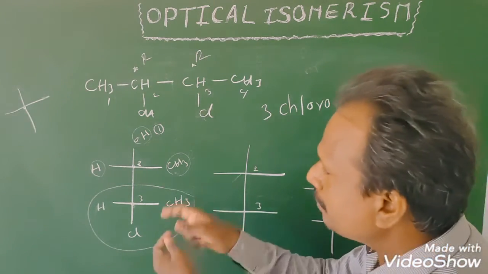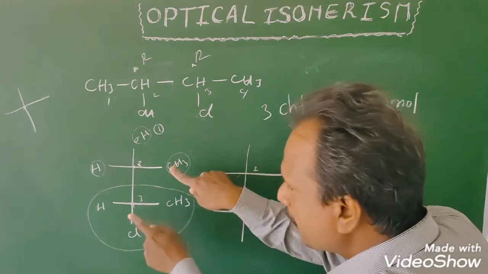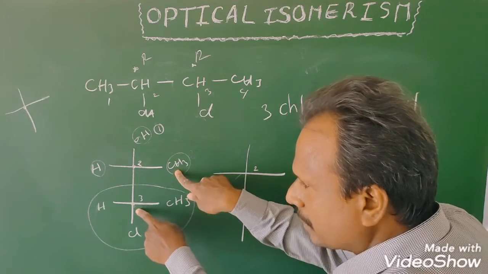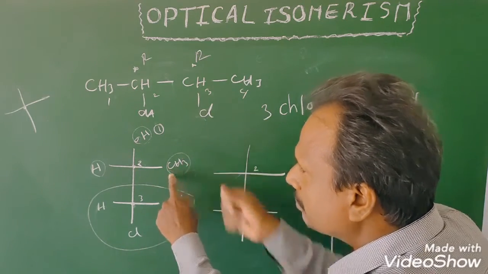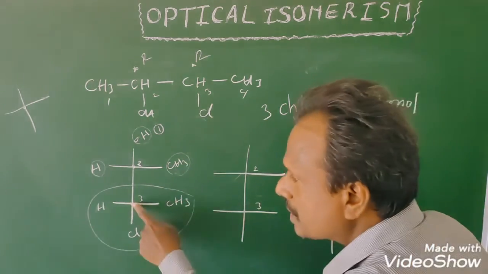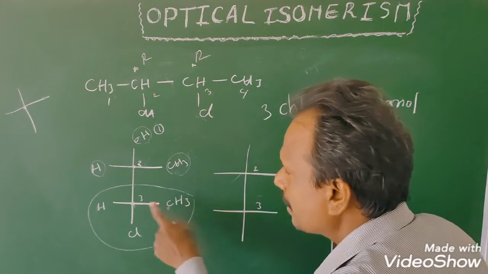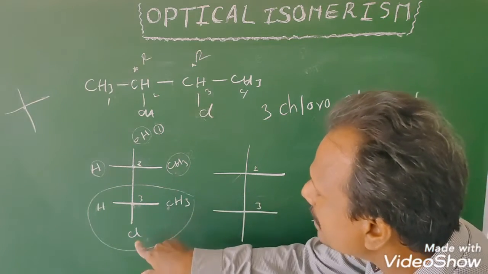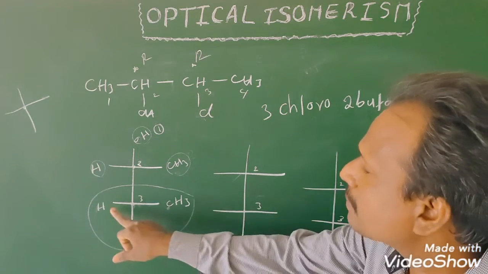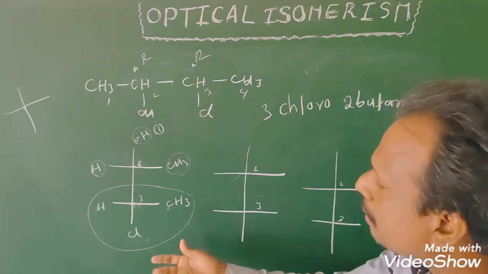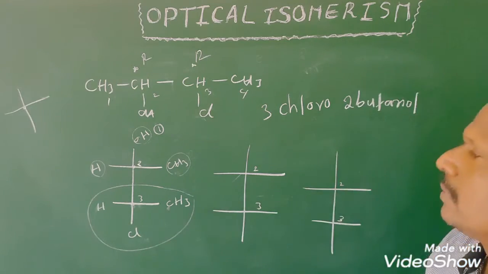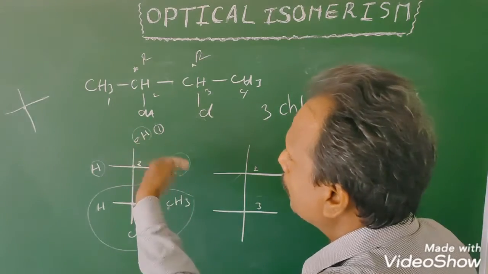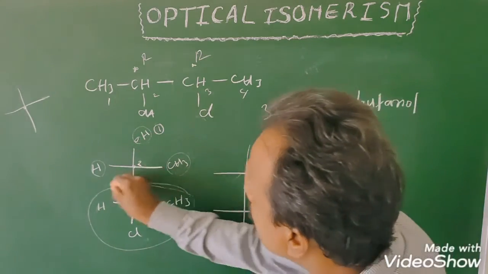So in the case of these 2 groups, the linked atom is carbon. So we go to the next atom. Hybridization is same. Then we go to the next atom. In this carbon, the next atom is hydrogen. It is linked to only hydrogen. But this carbon is linked to H and C and Cl. But we select the next atom only Cl. If different atoms are available to select the next atom, priority will be given to the atom with more atomic number. So it is the second one. It is 1 in this group. It is 1. Overall this group is 2.